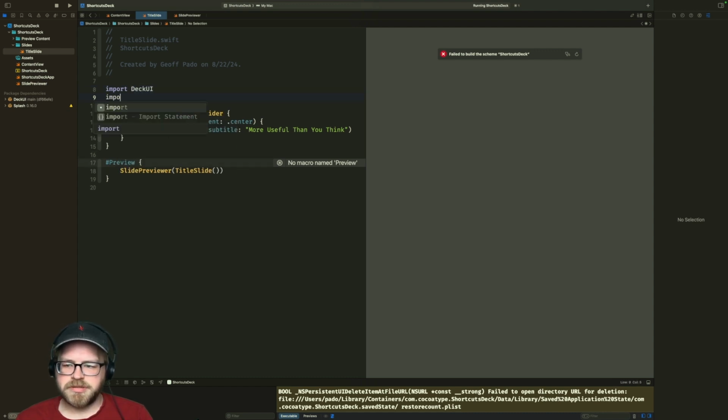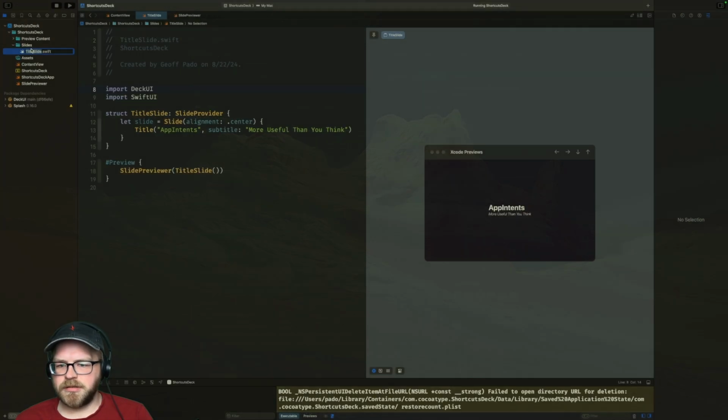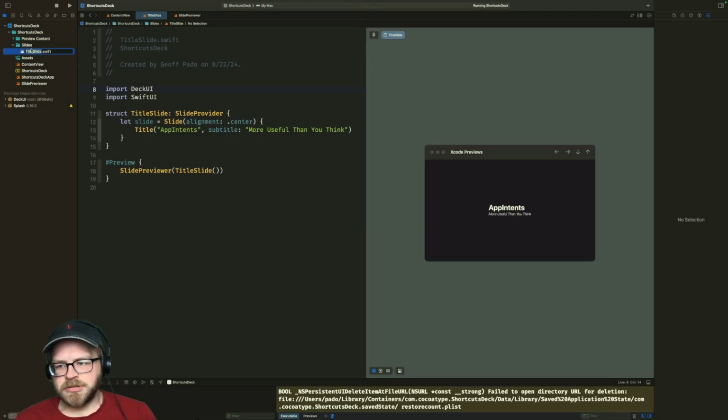We do need SwiftUI and SwiftUI on every single page. Otherwise, it's not going to work. That's kind of a bummer, but whatever. Yeah, okay. This is fine. All right, so we have our title slide. Let's go get our intro slide, our